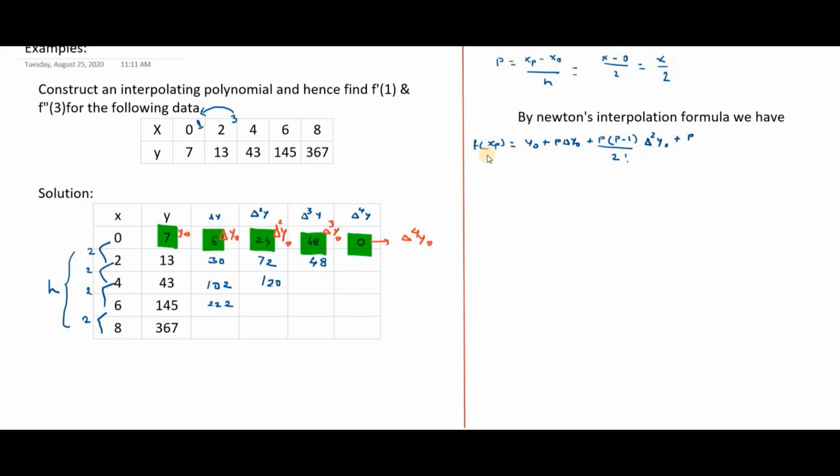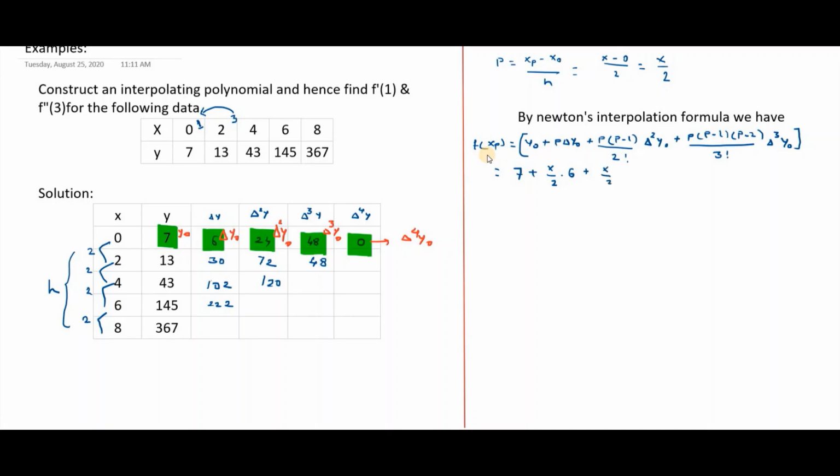plus p minus 1 into p minus 2 divided by 3 factorial delta cube y naught. I will write the formula only up to delta cube y naught, because the table ends with delta raised to 4y, whose value is equal to 0. Now substitute the values. So this is equal to y naught value from table, we can write it as 7, plus p value is x by 2 into delta y naught value is 6, plus next p value is x